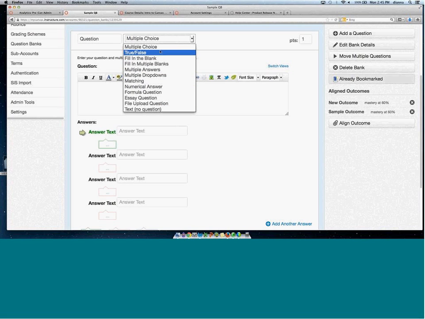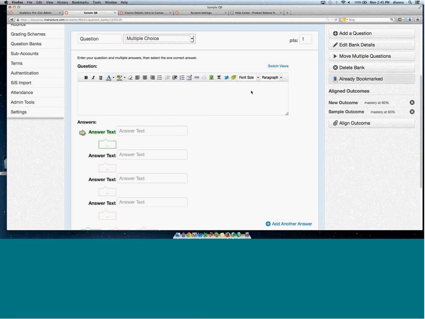So you have a lot of different question options here that you can create. At the account level, though, you have to manually add the questions one by one. You can't import questions. So that is the downfall to adding it at the account level. At the course level, if you have publisher content, you can import it in through a QTI, but can't at